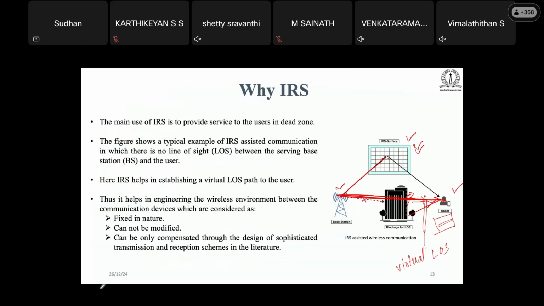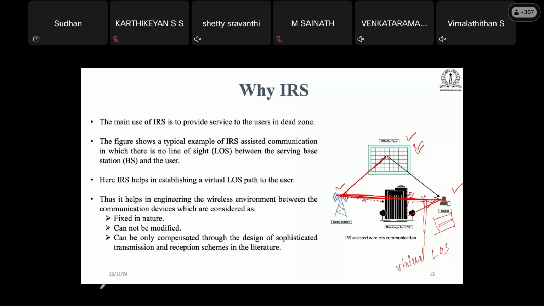And how far it can go, how many elements is the optimum number of elements, and the optimum power, all these come into the picture, but I'm giving a very rough idea that we need to derive how many elements. Sometimes if you use more elements, let's say 100 elements, it may not be required, because after a certain number of elements you may not increase the power at the receiver. So finding the optimum number of elements is also a very, very important task.